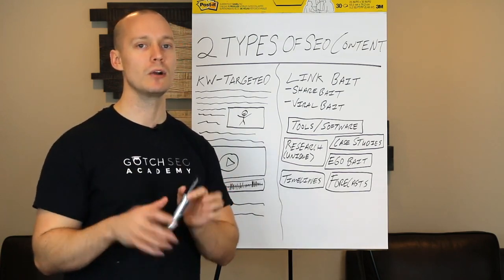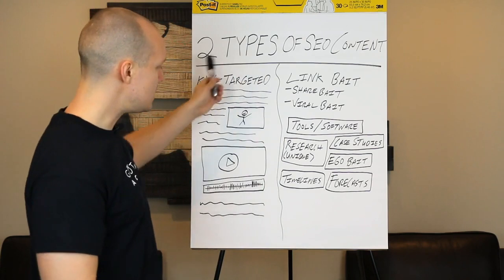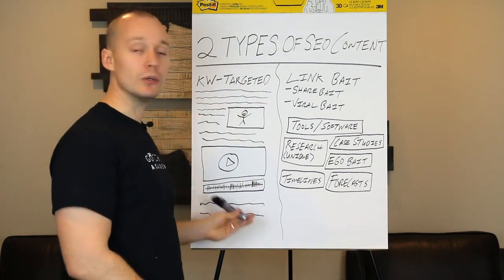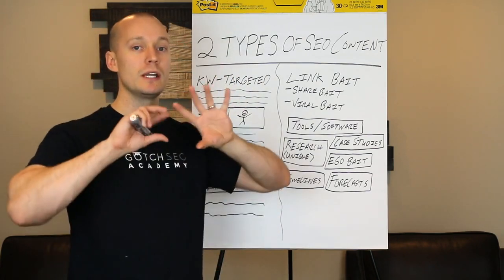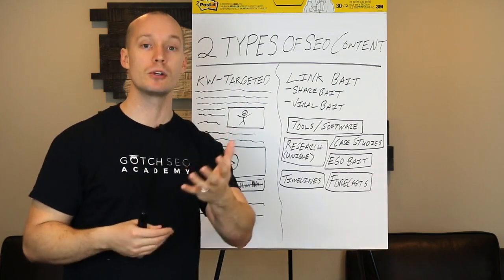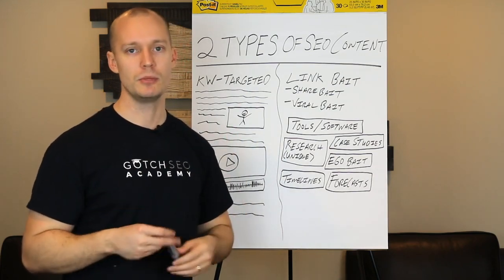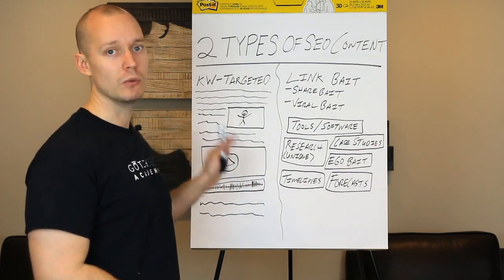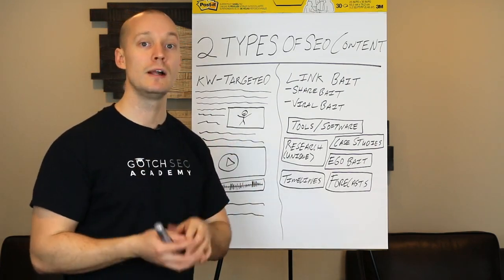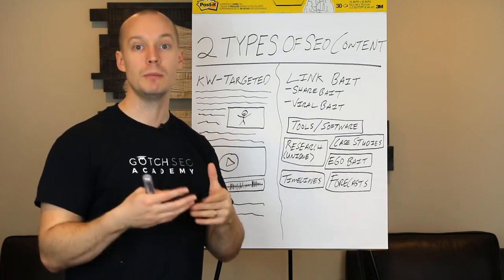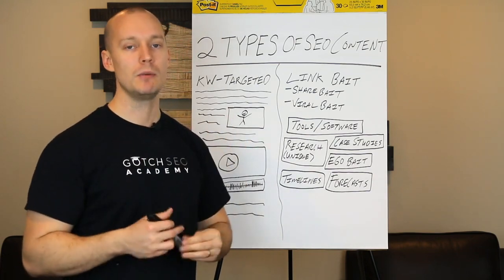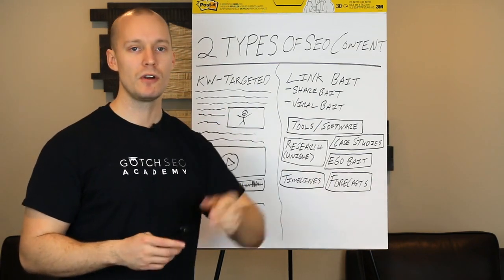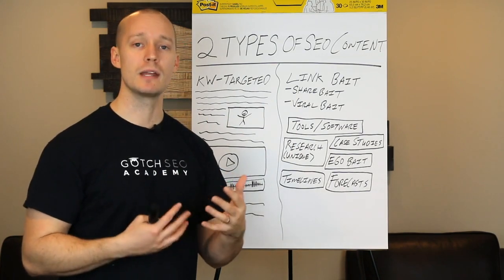So we'll be getting into that later on, but for now, this is 80% of the content that you're going to be creating on your website, is going to be targeting a specific keyword. And I'm going to be showing you how to find plenty of keywords that you'll be able to go after. But just remember, 80% will go after a keyword. And that's basically just to ensure that we're creating pages that people are actually interested in. And we do that through finding search volume and all kinds of other validation methods that I'll be showing you later on.